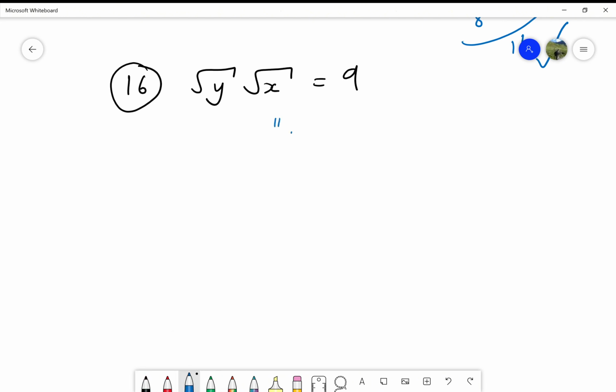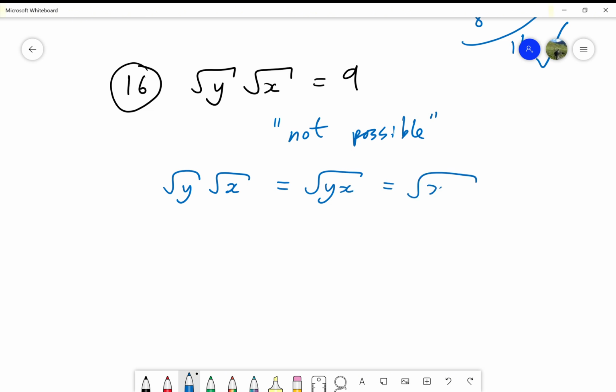Answer is not possible. You might be familiar with the idea that root x times root y is root xy, which I would write as root xy, because it bugs me. I always like things in alphabetical order, because then it's consistent all the time and easier to spot patterns. Anyway, just in case you don't quite believe me,